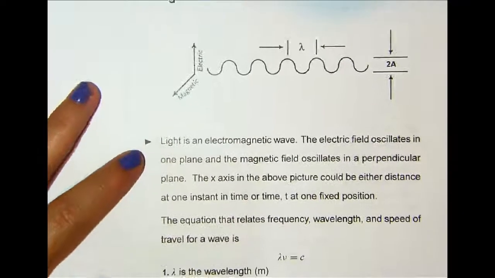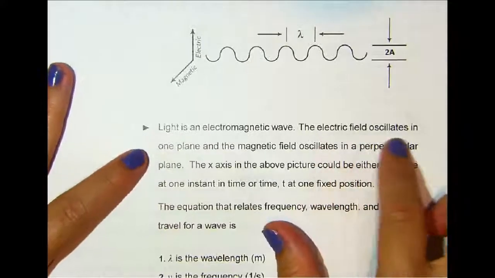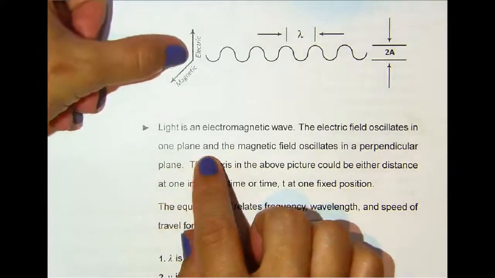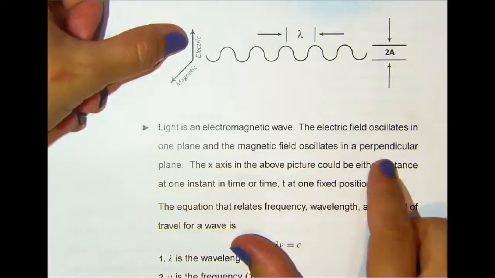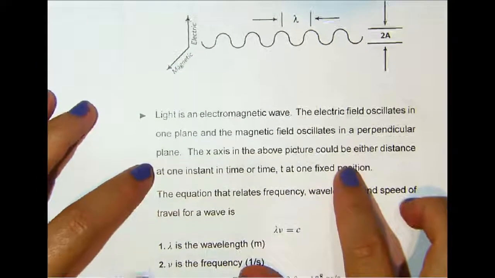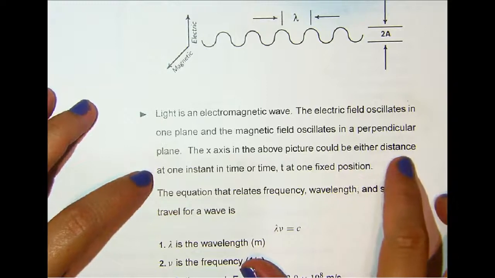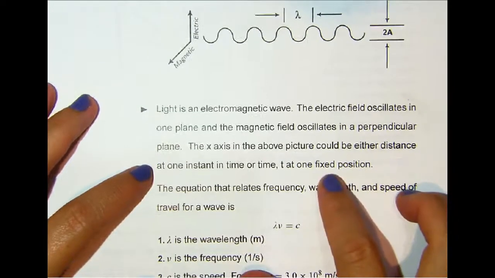And light as an electromagnetic wave, the electric field oscillates in one plane and the magnetic field oscillates in a perpendicular plane. The x-axis in the above picture could be either distance at one instant in time or time t